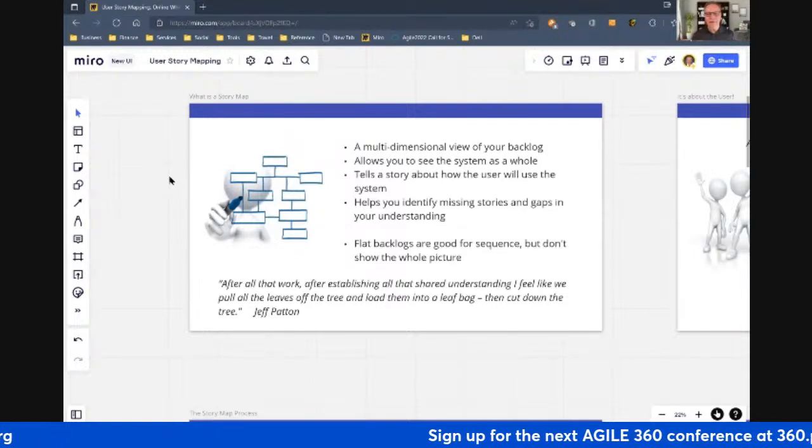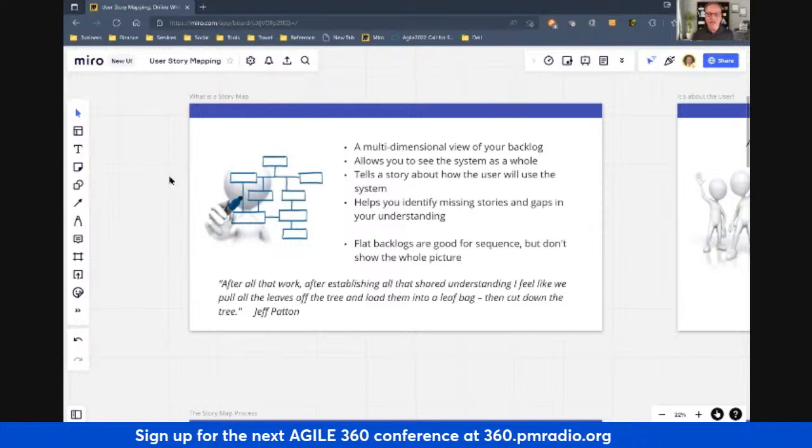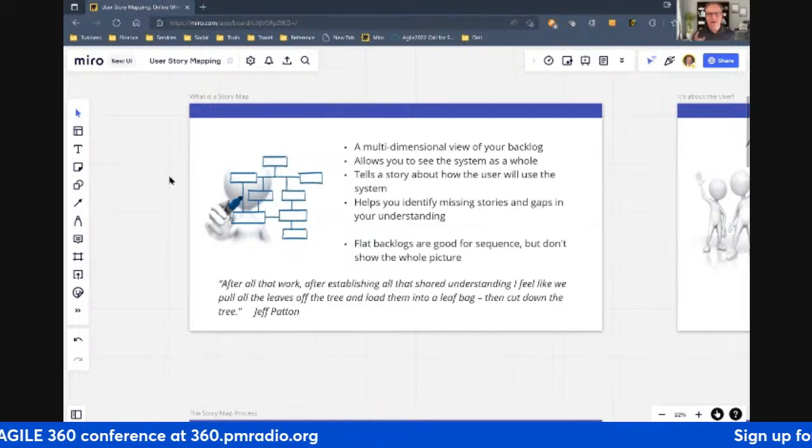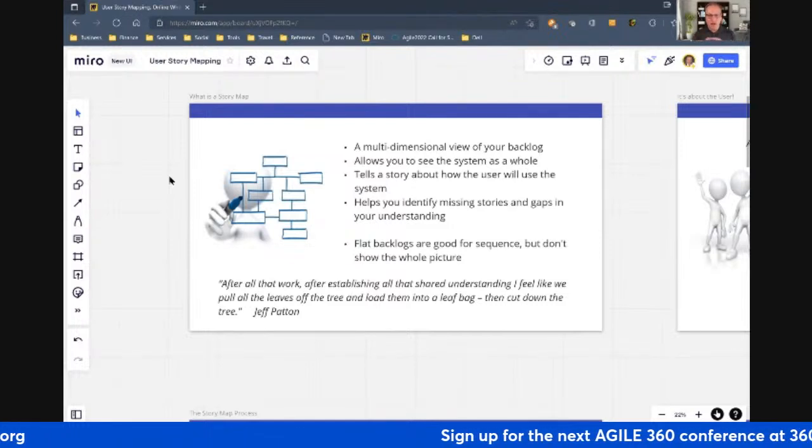Now, your user story map gives you multiple dimensions, so you can kind of see it in a different perspective. And in this case, it's about the user. Again, going back to principle number 1 in the manifesto, our highest priority is to satisfy the user. So this tells the story of our backlog, right? Our